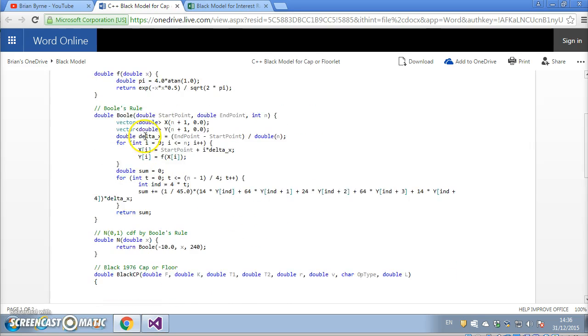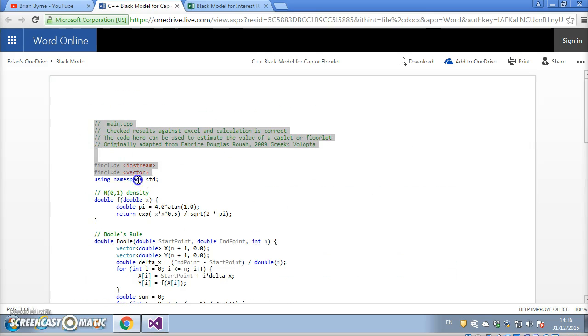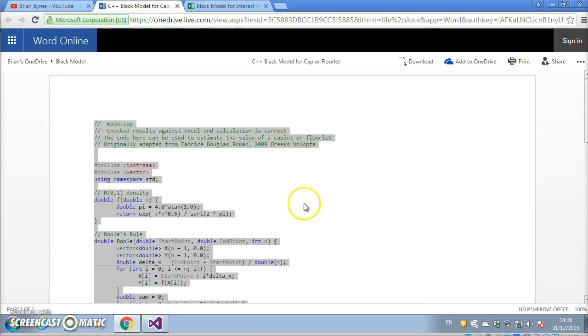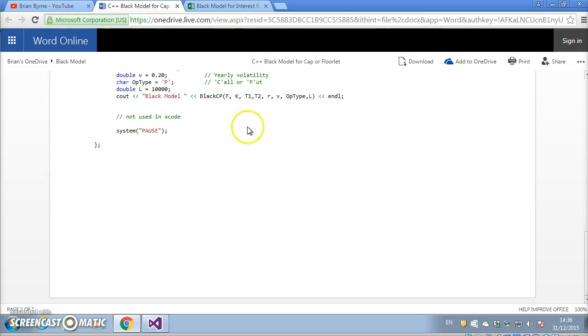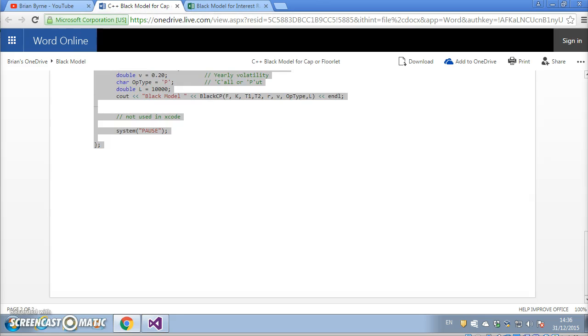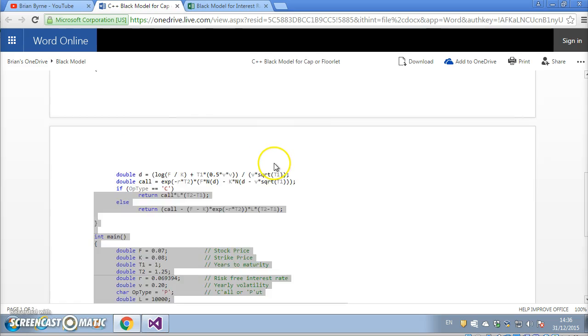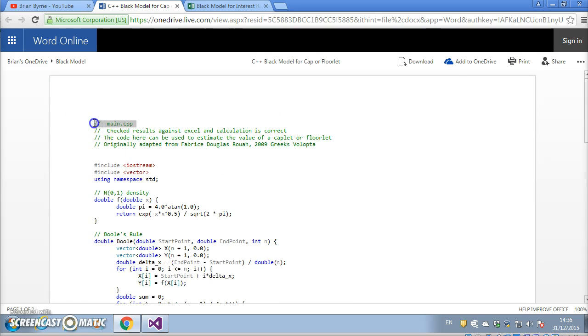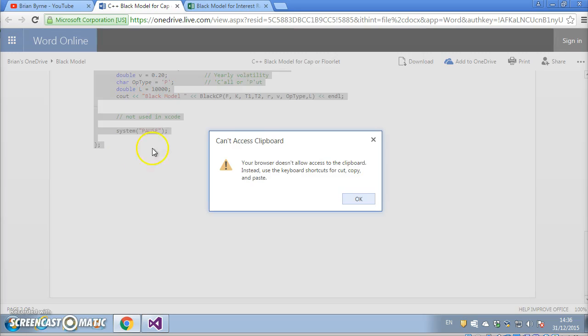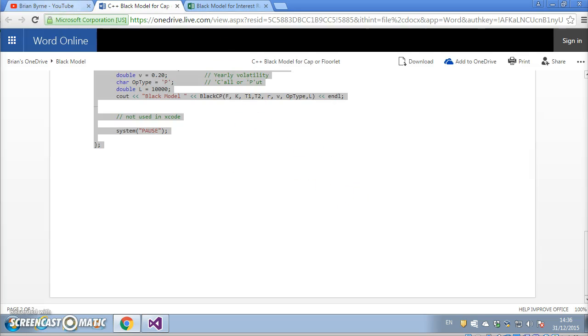The code I'm going to use here was originally taken from Fabrice Roy from his Volopta site. Let me see if I can copy it. Edit, select, copy. No, try one more time. Okay, so I have it all, and copy. Okay, and go back into